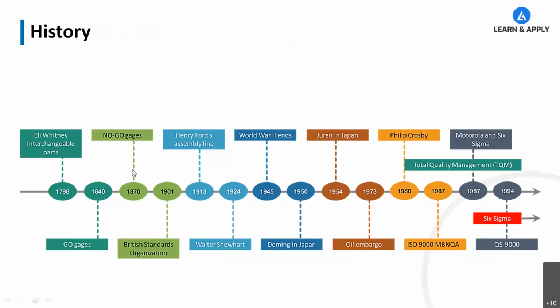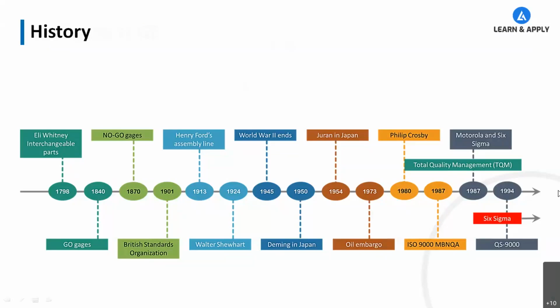So this was the next stage. Then Henry Ford's assembly line. This was a revolutionary thing, the first time the assembly line was there. And after World War II as well, there were multiple challenges, like resource scarcity, and due to that came the work of Deming in Japan and the work of Juran in Japan. So these kinds of opportunities emerged, and these kinds of tools and methodologies emerged. There are multiple tools which emerged over all this span of time, up to